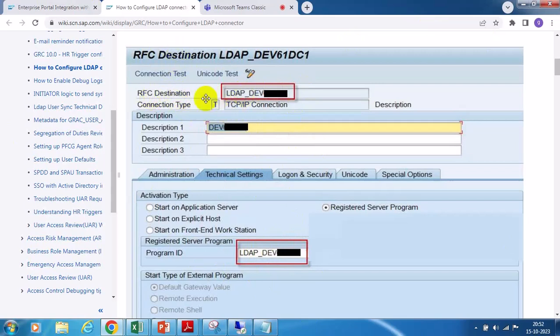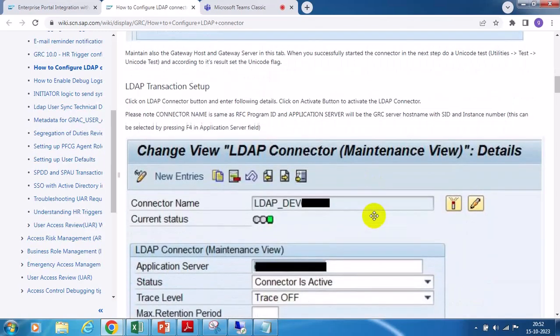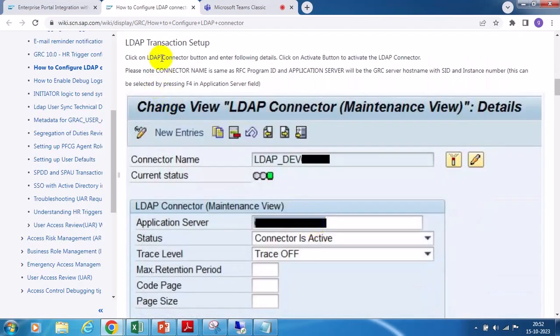It refers to the standard guide. Whatever the RFC destination name, make sure it matches the program name. Basically, whatever the program name is in the LDAP system we are using, they will suggest creating the same name in the RFC destination. In a reverse way, whatever the username is in the LDAP, they will create elevated access. The same elevated access user ID, admin ID, we will maintain in the logon security username and password. Once the RFC connection is completed,